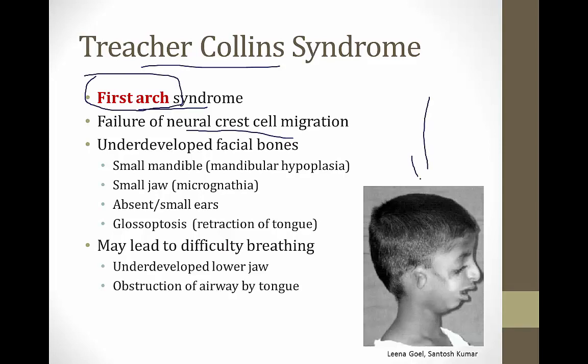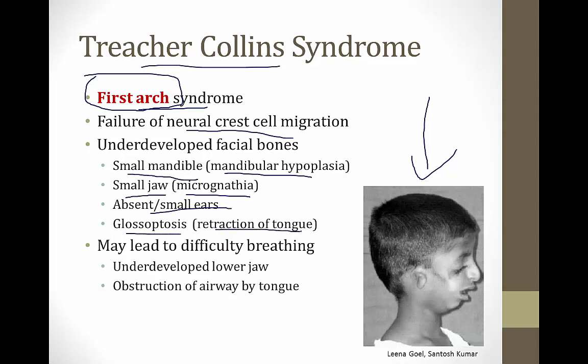This is a picture of a child with Treacher-Collins syndrome shown on the screen here, and you can see that this child has underdeveloped facial bones. These children often have a very small mandible. Remember, the mandible comes from the first arch. This is called mandibular hypoplasia. They often have a small jaw. This is called micrognathia. They can have absent or small ears, and they can also have glossoptosis, which is retraction